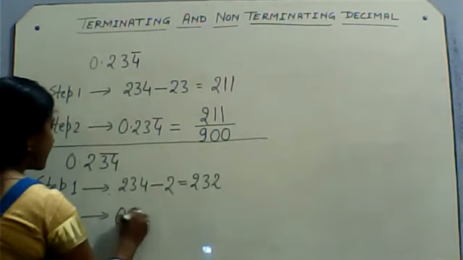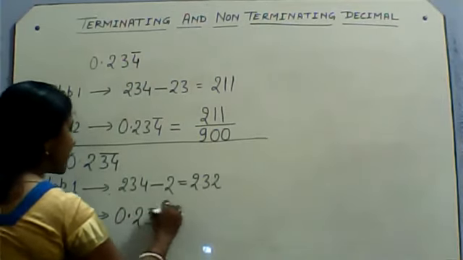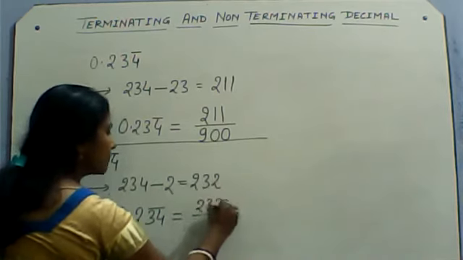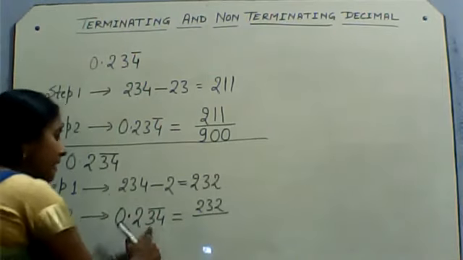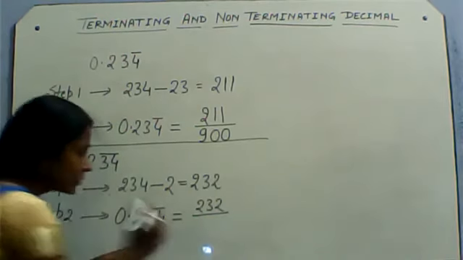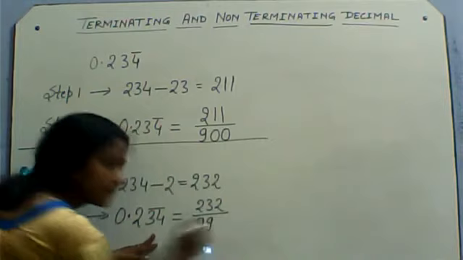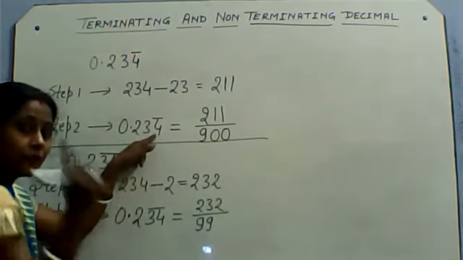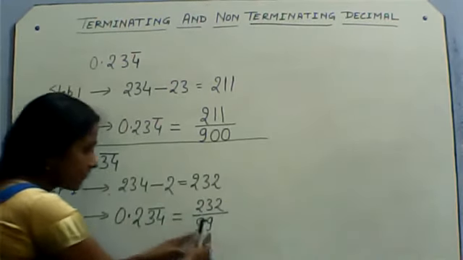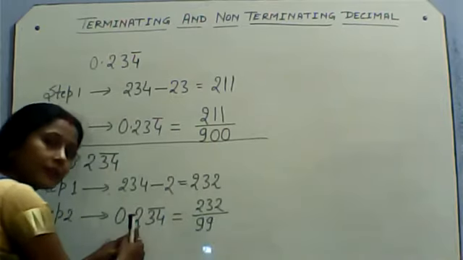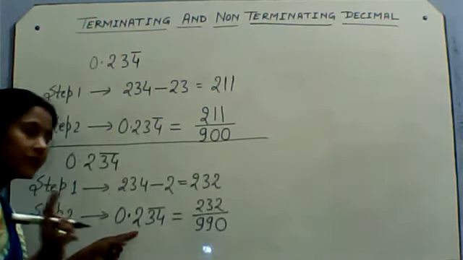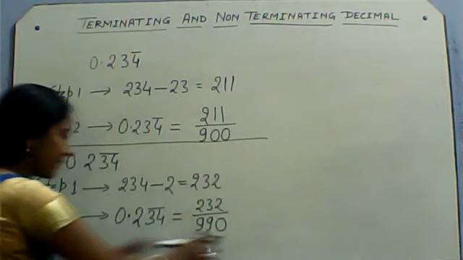And step 2, you have to write 0.234 bar is equal to, in the numerator, you have to put this one, 232. And in the denominator, how many repeated digits are there? 3, 4. 2 digits are there. So you have to put 2 nines. Here, how many repeated? 4. Only 1 repeated, so you have to put 1 nine. Here 2 repeated, so you have to put 2 nines. And how many non-repeated? 1. So you have to put 1 zero. Understood? So this one is the vulgar fraction of